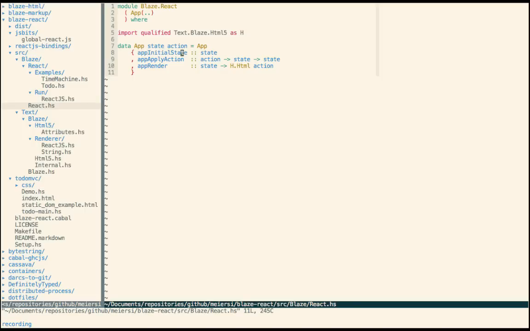So you have some initial state, you have some way to apply an action to give you a new state, all pure and safe, and you have a way to render, which just takes a state and gives an HTML DOM. And this HTML DOM actually is still a pure representation, which we can then execute against React.js to produce an actual virtual DOM in the browser. So if you have this type,